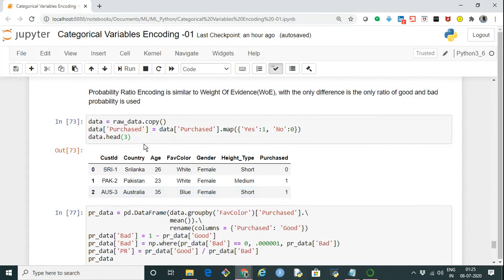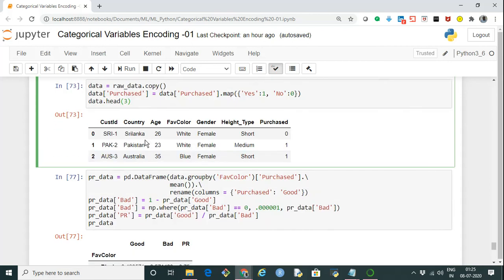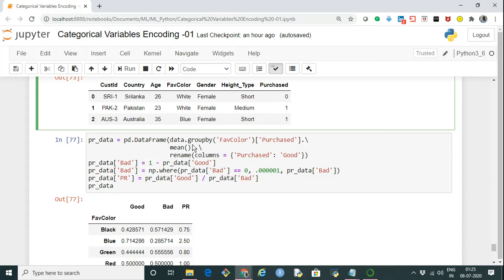Again, I'm starting afresh, taking the data from the raw data and grouping it based on the color. For each color, I take the purchased column and find its mean. Along with it, I'm chaining a rename of the column purchased to good. This will create a data frame. Now I'm creating another column in this data frame, bad, which is 1 minus the good column of this PR_data frame. Wherever bad has a value of 0, I'm replacing it with a small value so that there is no division by 0.